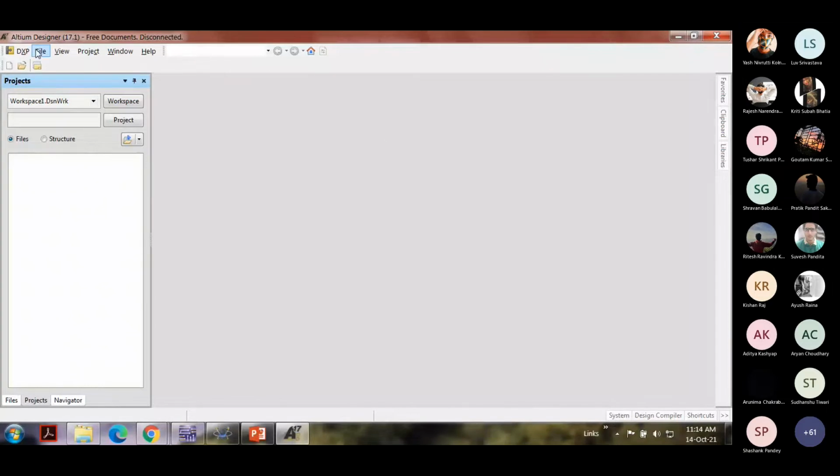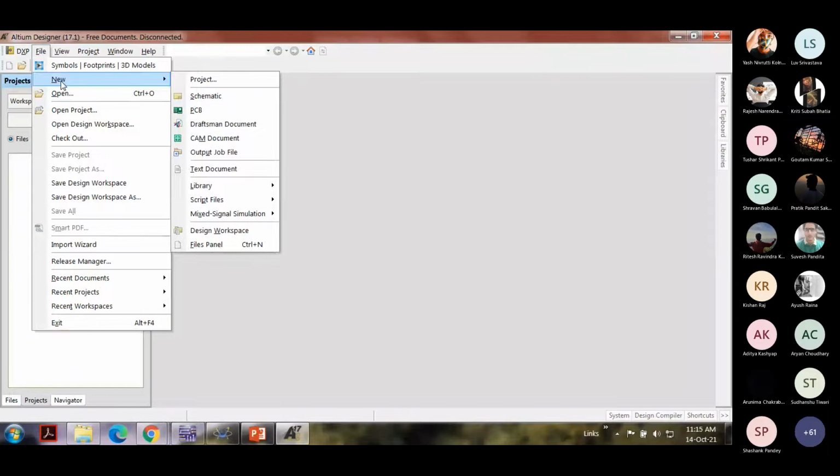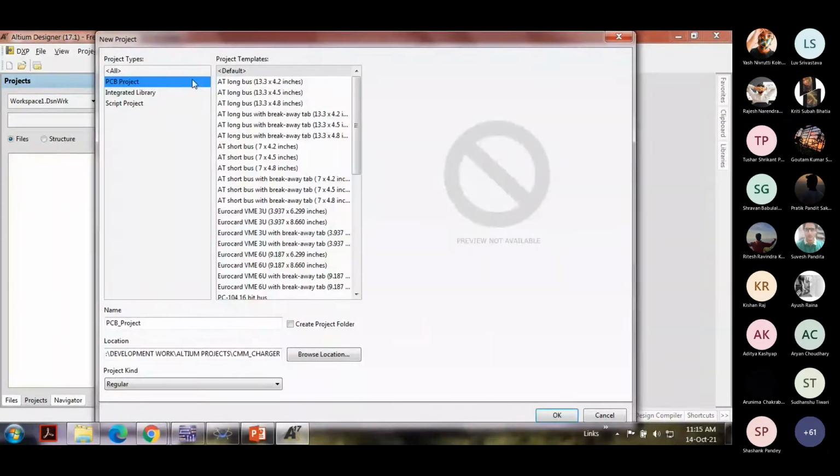Now, when you click on File, New, Project, it will ask for the project templates. We are not using any template here. Make sure that you click on this PCB project itself. The name of the PCB project will by default be PCB underscore project, and you can give it a name, say PCB1 or whatever we would have today.